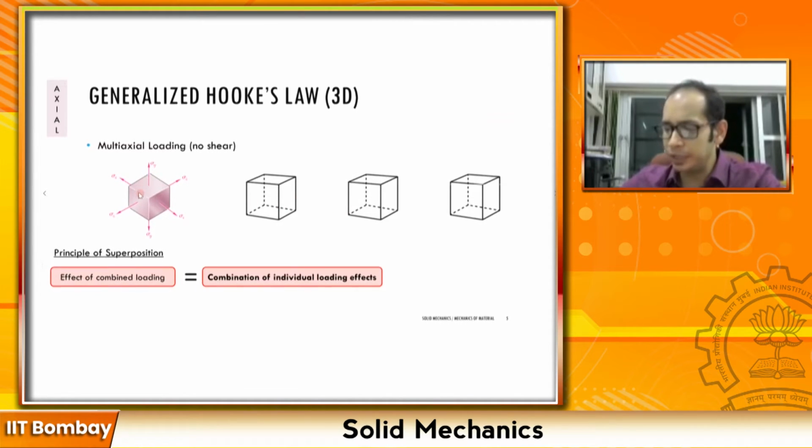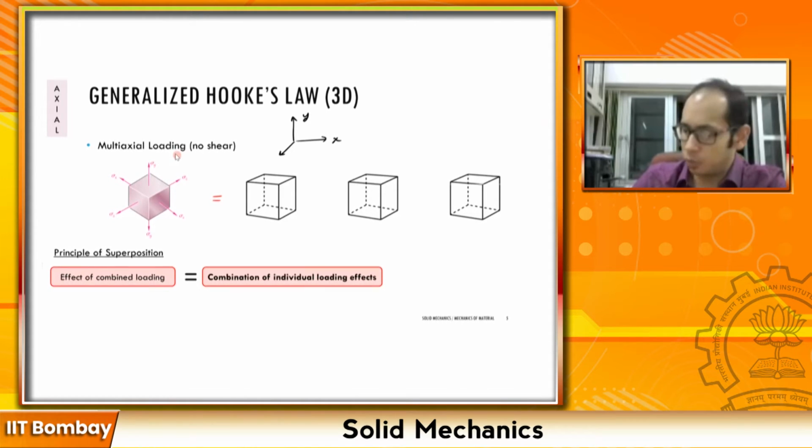This cube over here and the loading over here can be expressed simply in terms of, say this is my coordinate axis that I have over here, right? This is, say, my x, vertically up is y, and this is my z, similar to here: sigma x along the x-axis, sigma y along the y-axis, and sigma z along the z-axis. If I'm expressing it like this, how can I express this combined loading? It is simply going to be in terms of sigma x